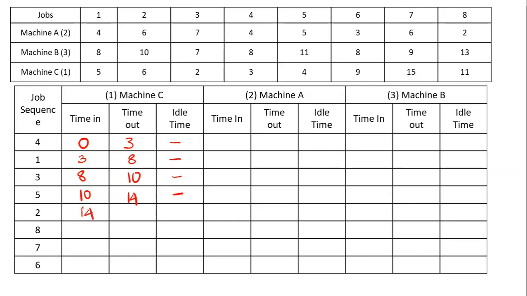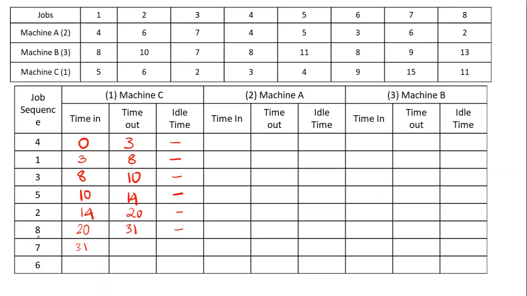At the 14th hour, it completes job 5 and starts job number 2. So look into job number 2. The number of hours it will be taking is 6. So 14 plus 6, which is 20, no idle time. At the 20th hour, it is going to finish job number 2 and start job number 8 as a whole. Job number 8 takes 11 hours to be completed. So it is 31 hours, no idle time.